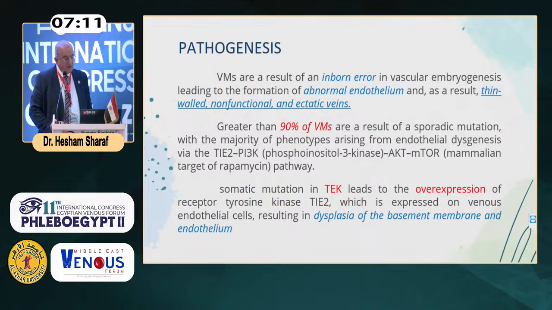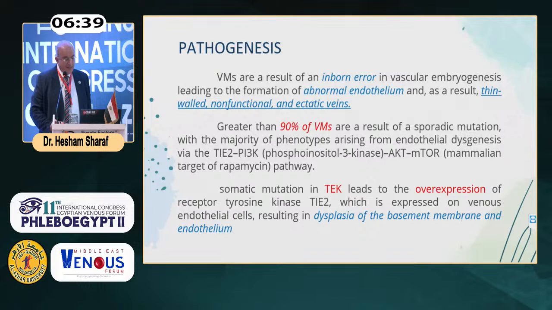Vascular malformation, or venous malformation, is the result of an inborn error in vascular embryogenesis leading to formation of abnormal endothelium and the result of thin-walled, non-functional, and ectatic veins. Greater than 90% of venous malformations are the result of sporadic mutation, with the majority of phenotypes arising from endothelium dysgenesis via TIE2 and PIK3CA, and also the mammalian target